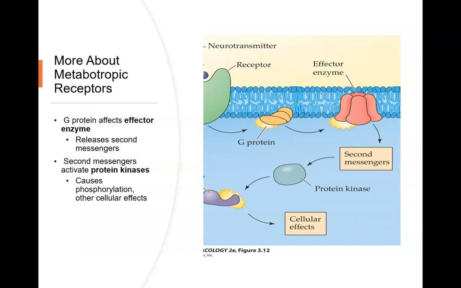So I want to talk a little more about metabotropic receptors. Here's our metabotropic receptor. PowerPoint kind of cut off the image here, but here's our neurotransmitter, and it's binding with this receptor. Once the neurotransmitter has bound to this receptor, the G protein is going to send a message to this effector enzyme. It is the job of the effector enzyme to release different types of second messengers. So effector enzymes could include things like